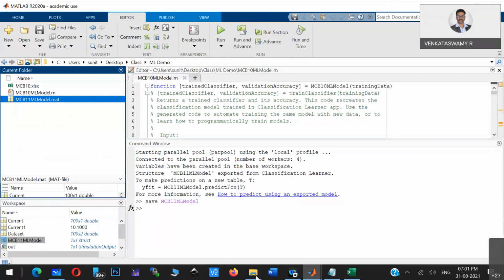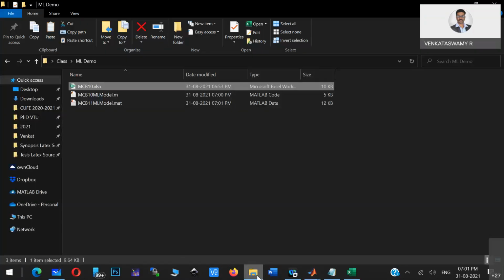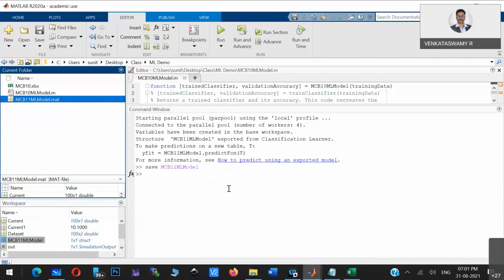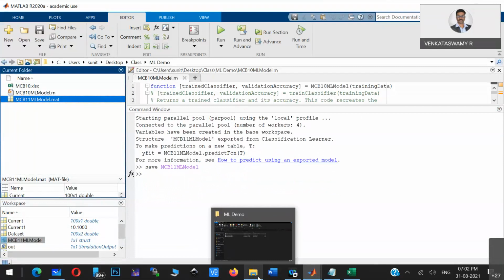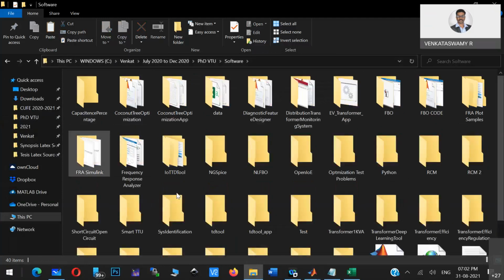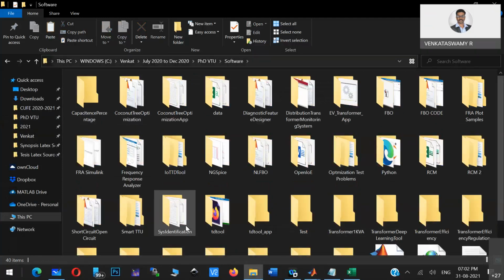So how to predict the values? If I give a value of, say, 5 amps, then it should say on. If I say 15, then it should say off. That is what I am expecting. So for the program for that, I'll just try to give you that particular program.